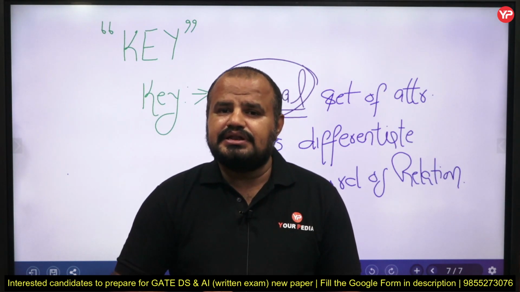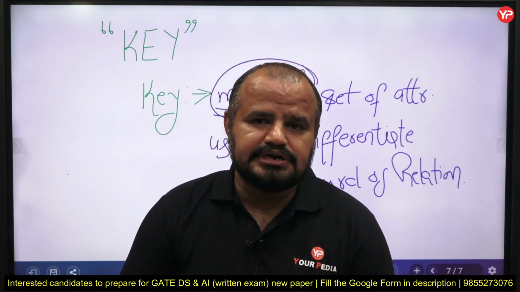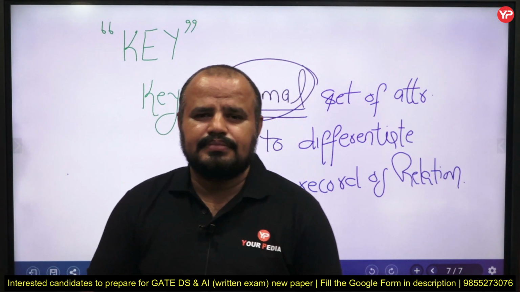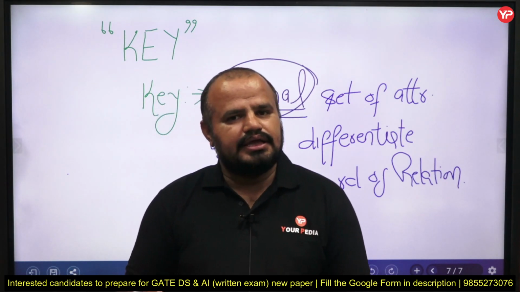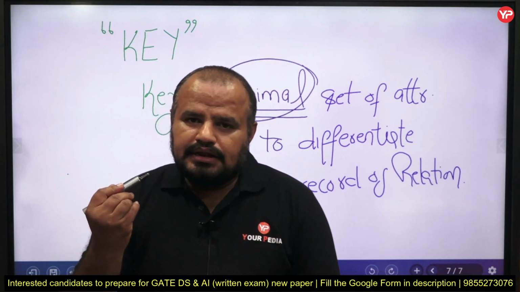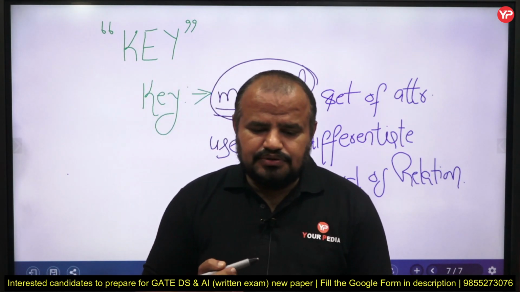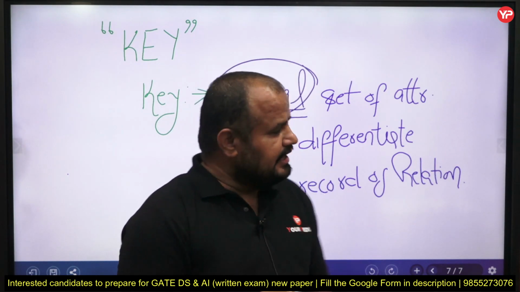So, you can say that yes, Aadhaar card number is also a key for that particular data set or that particular table. License number, again, it is a unique entity. So, I can say license number is also a key. Suppose a scenario, my dear students, there may be a case